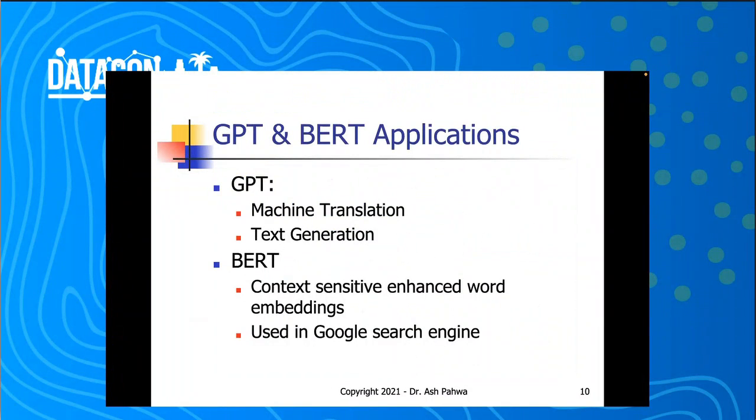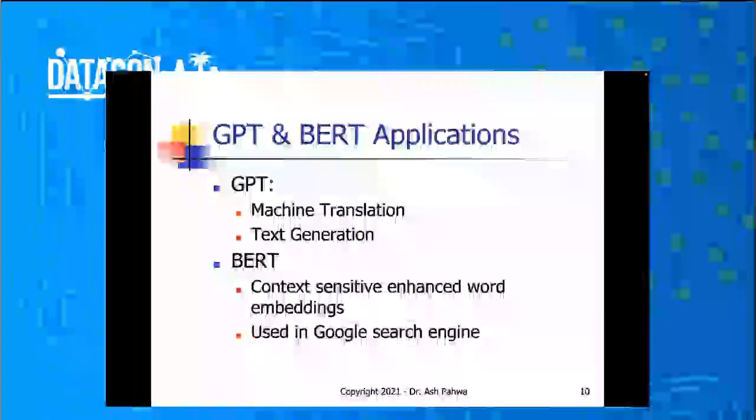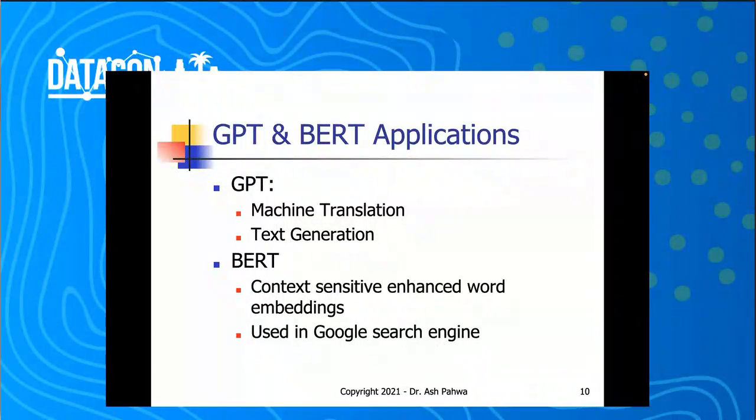Okay, so then we have GPT and BERT applications. As you know, in the case of GPT, we have machine translation or text generation. In BERT, we have context-sensitive enhanced BERT embedding. And that is the focus of my talk today. Although the transformer is such a huge topic that it may possibly take me a few days to finish the whole thing, and in my CalTech course, I usually spend a lot of time just on the transformer itself because it's a very, very wide topic. But today, my focus is going to be context-sensitive enhanced keyword embedding.